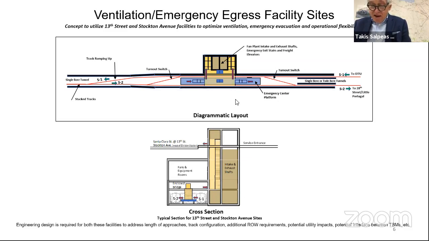And then at the ground, we are providing this track configuration for the two tracks to come to the ventilation structure and be next to each other with a center platform.